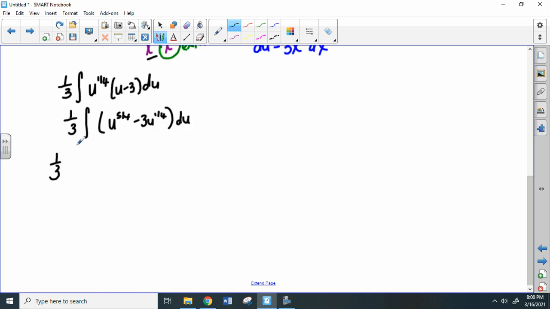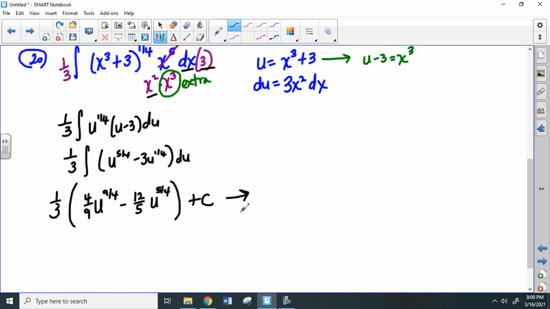Okay, so the 1/3 is going to stay in front. Let's see, add a power, multiply by the reciprocal. Let's see, add a power. So when I do 3 times the reciprocal, I get 12/5. And then my plus c. And when I put it all back together and simplify, I'm going to distribute my 1/3 and I'm going to plug my u back in. Let's see, and when I distribute the 1/3 here, I get to reduce a little bit. Plug u back in